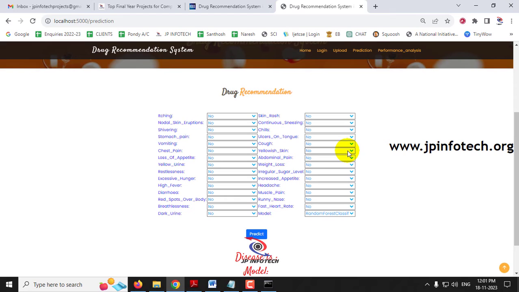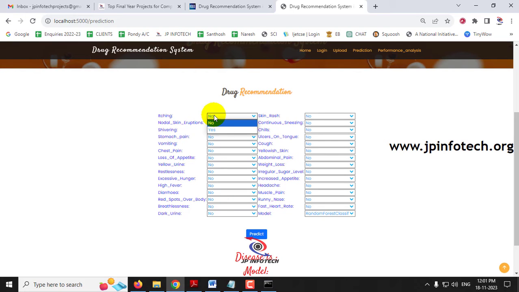So here you can see the features. In the dataset you would have seen the features with zeros and ones, but when coming to the user, they need to select yes or no. When it is 0 it means no, and yes means 1. The first question is about the symptoms that the user needs to enter. So is it itching or no?